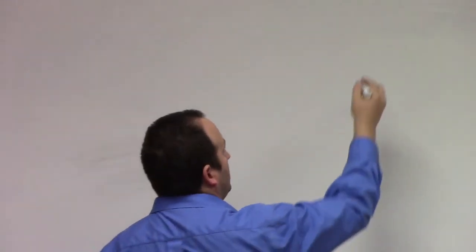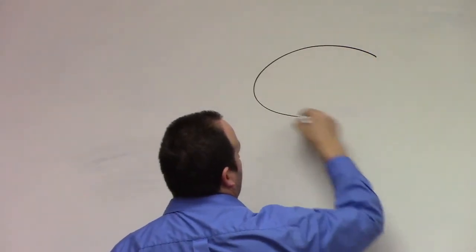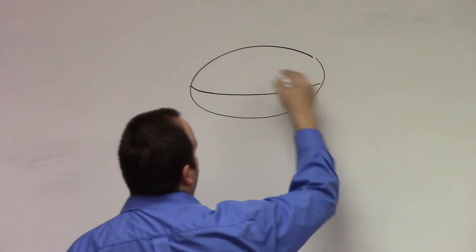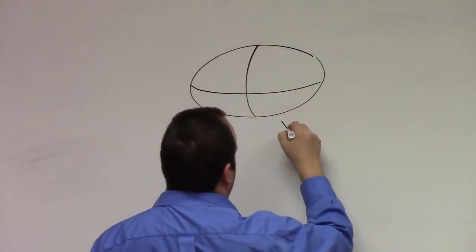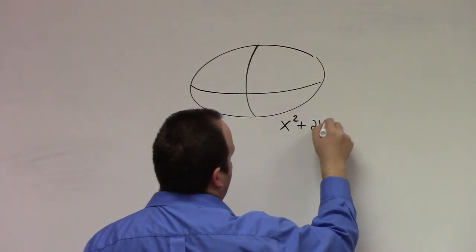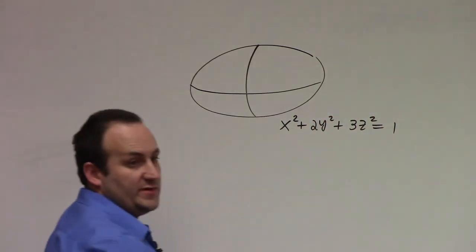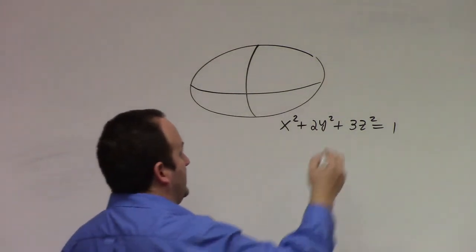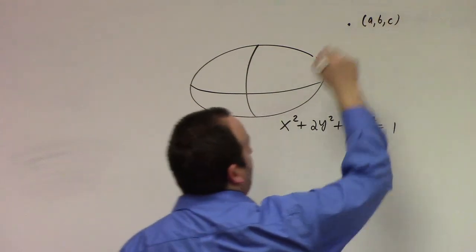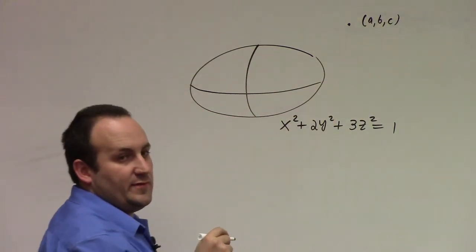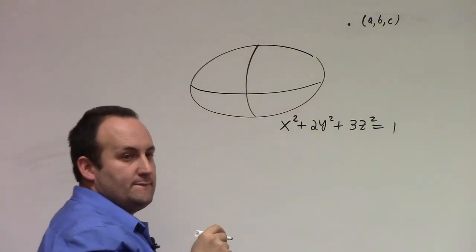Well, I think 1, 2, and 3 probably come into play. So, this ellipsoid is something like x squared plus 2y squared plus 3z squared equals 1, some ellipsoid, right? And then you got some point A, B, C, right? And what you want to do is find the minimum and maximum distance, right? So if you think